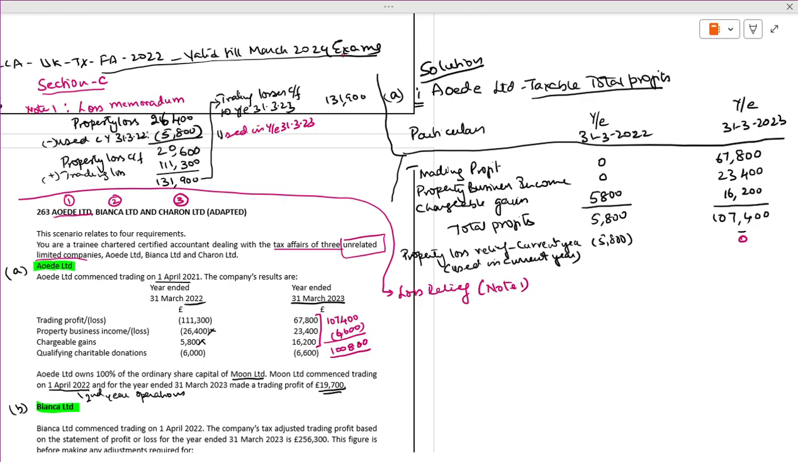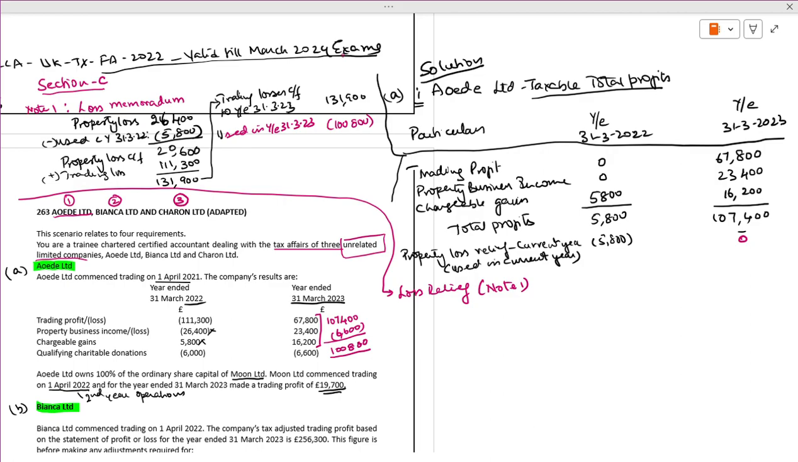How much can we use? We can use 100,800. This much is the profits available, and we can use this much amount during the year. Fine. Next, apart from that, now that we have covered these things,